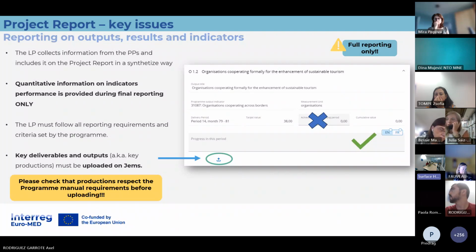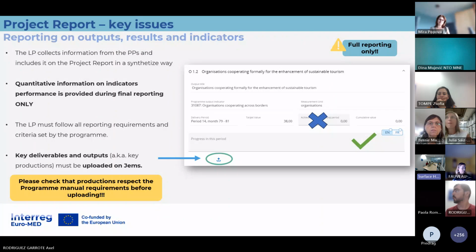And then we are still working on a procedure for analyzing and evaluating those productions. Once we validate them, they will go to our library of project productions. This procedure is totally independent of the project website. So you can publish on your website all productions at the moment that you want to do it.